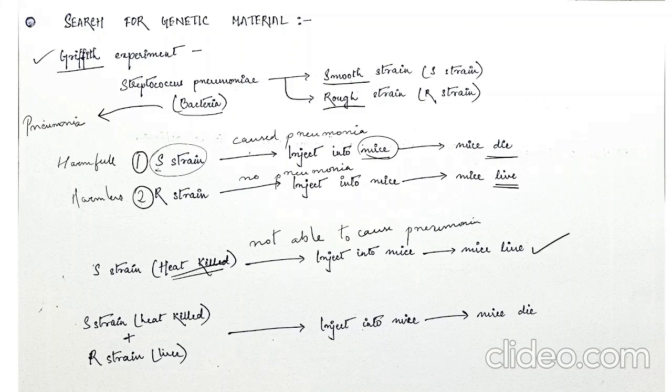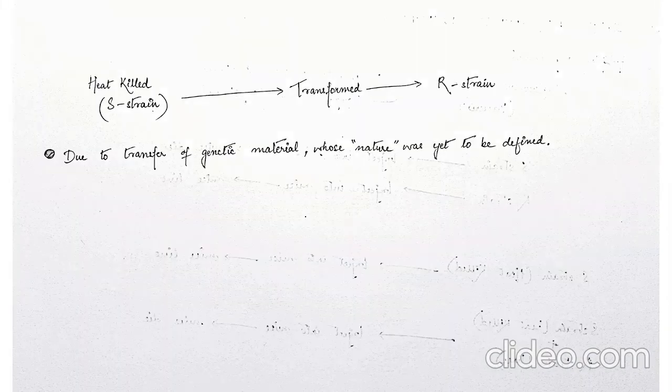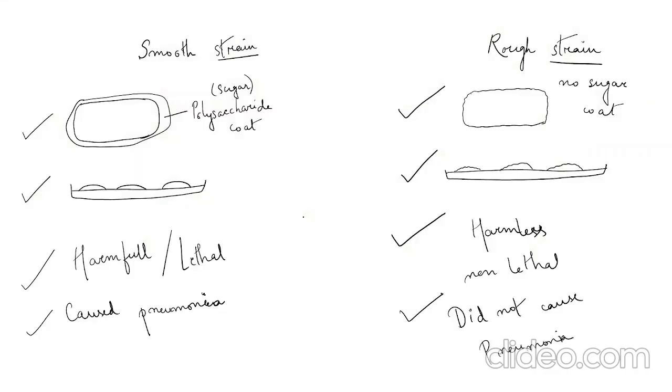But now, the third and last experiment: Griffith mixed those heat-killed S strains of bacteria and the R strains of bacteria. This time he saw that when he injected this mixture into the mice, the mice died. Now from this, he actually inferred that,